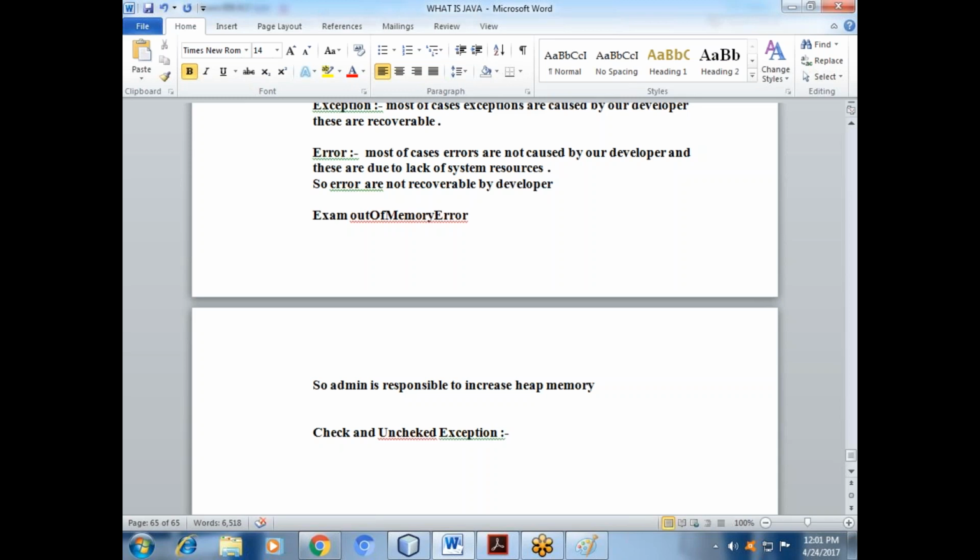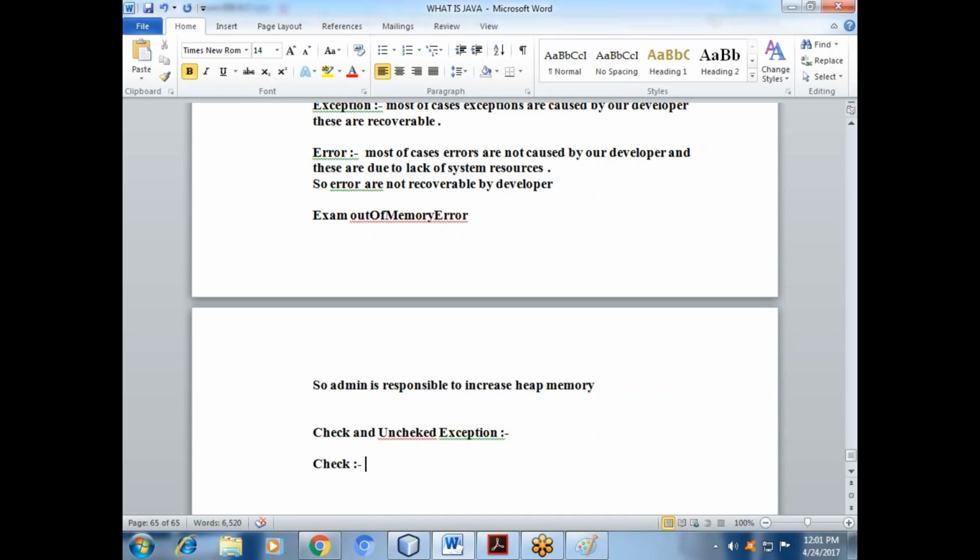So you have understood what is exception and error, stack mechanism, runtime description of the exception. What is the most important superclass inside the exception? Throwable. Inside that we have two classes, exception and error. Then we have the most important one: what is a checked and what is an unchecked exception?